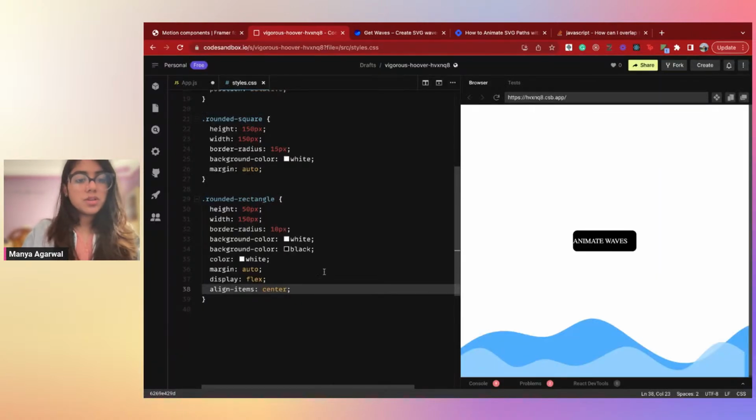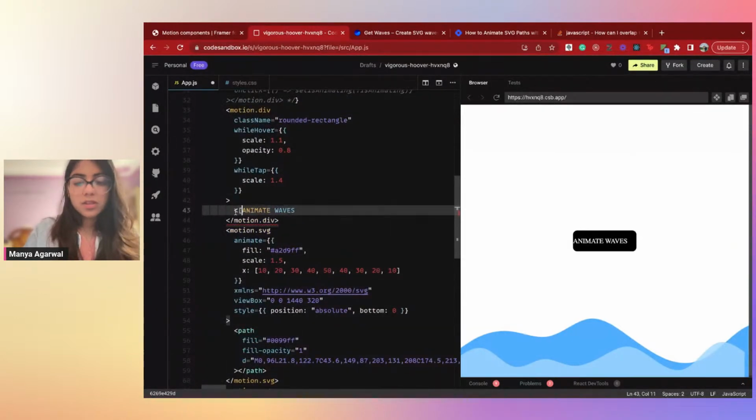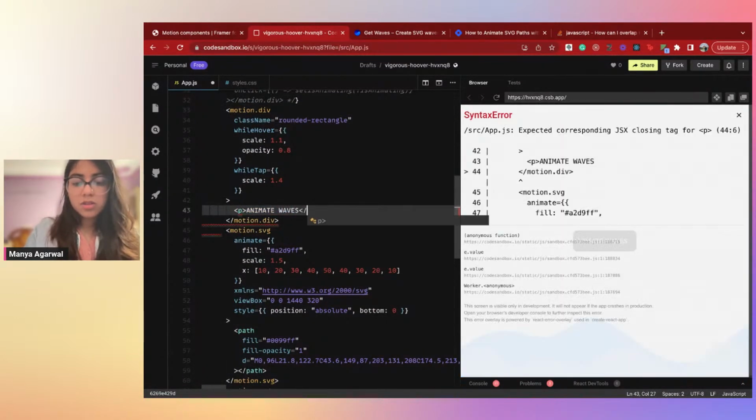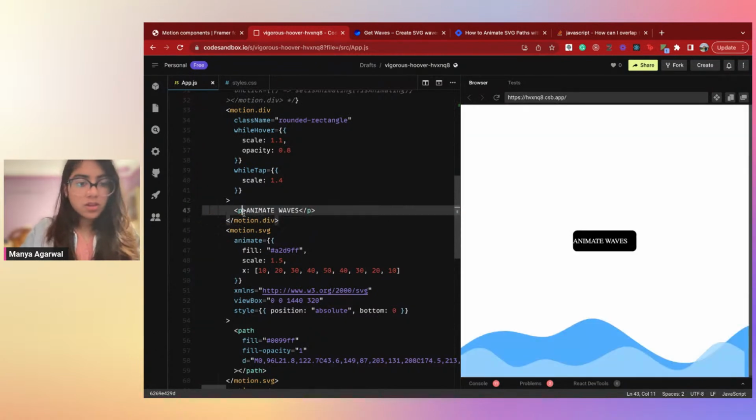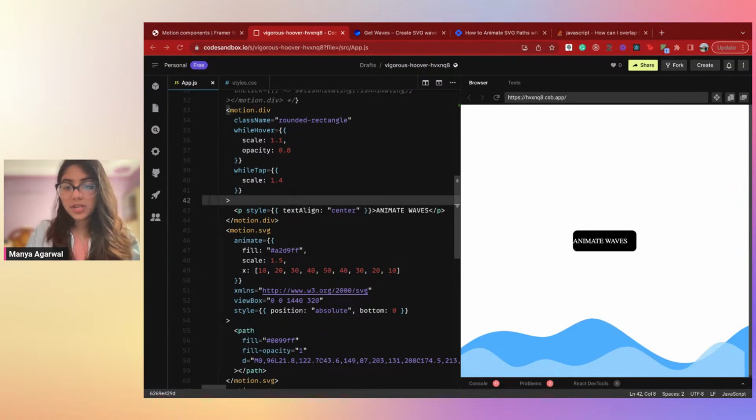Sorry, or we can try to put margin, no, padding, do an auto padding. Okay, so one last option that we have is to put the text in and here we can try to style it, text align and center. Nope, guys, I'm giving up. Anybody has any ideas for what